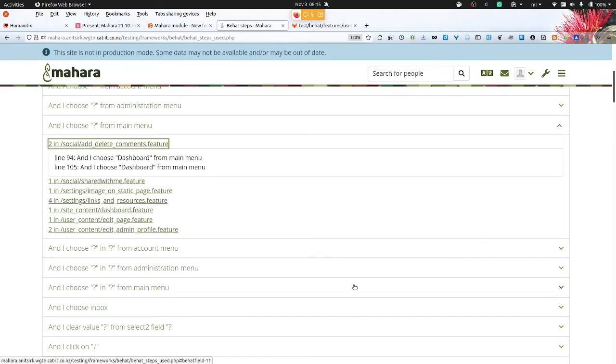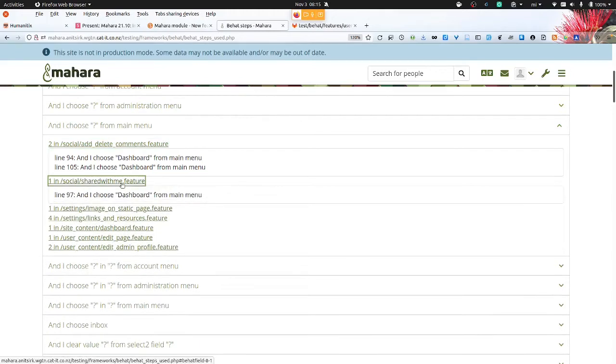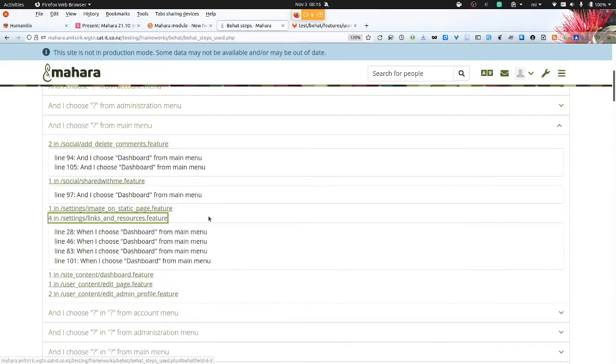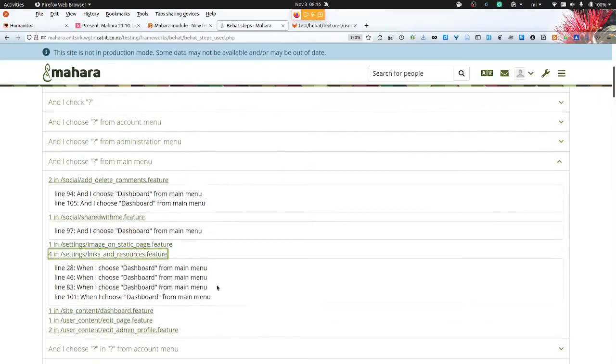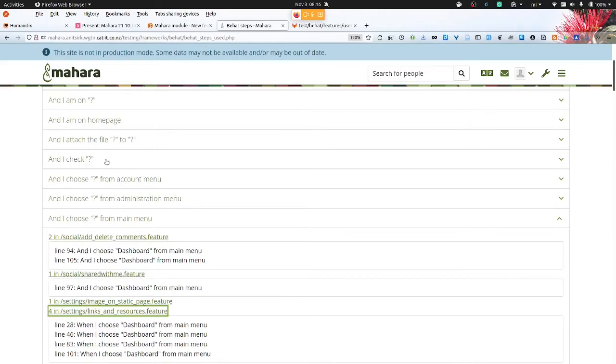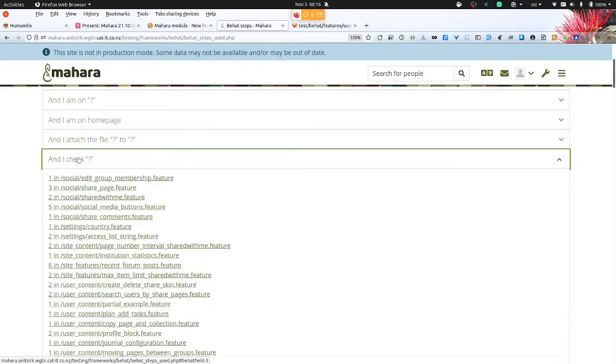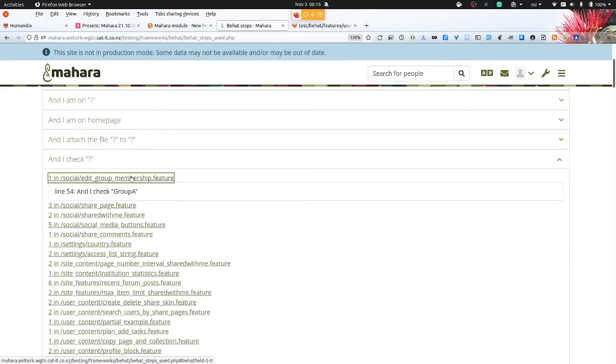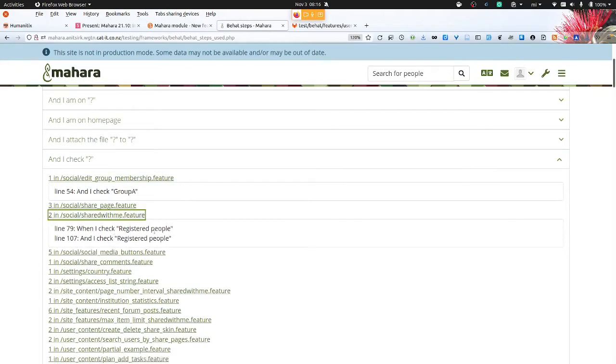So here, for example, in the feature add or delete comments, it says, and I choose dashboard from main menu. Or shared by me, it says again, and I choose dashboard. If you're looking for something else, and I check, there you can have and I check group, or and I check registered people.